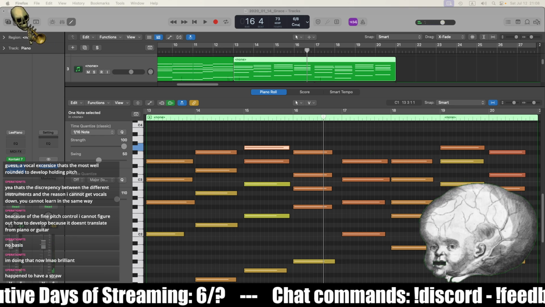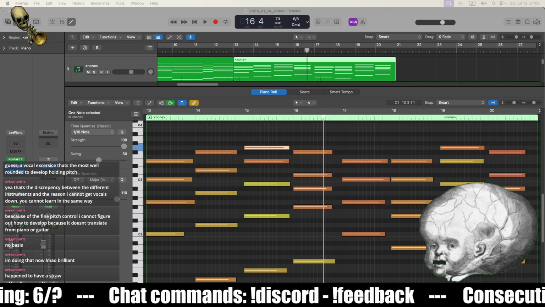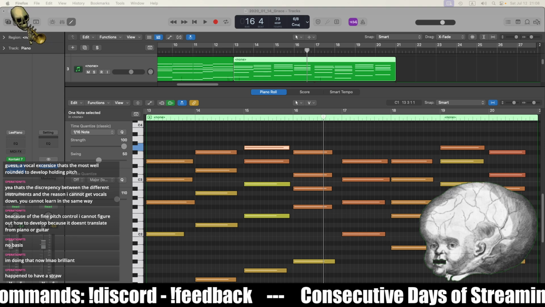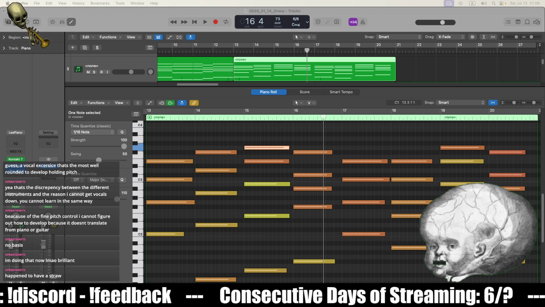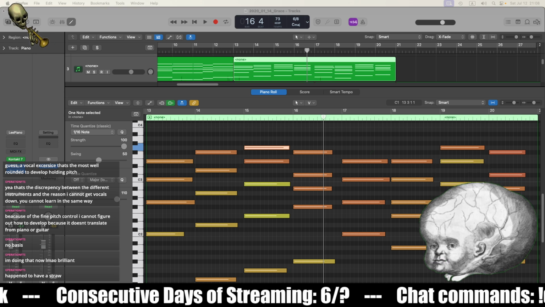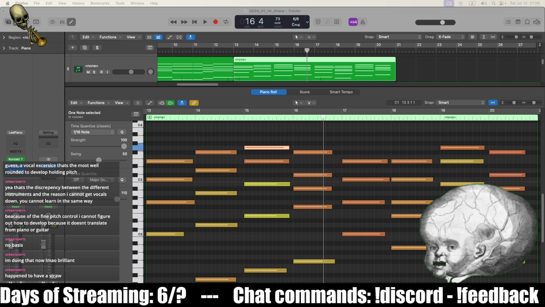I went a little tiny bit up. But try to fill this gap and stay on this note throughout this period. I mean, the limit is basically how long you can hold your breath or how long you can sing a note.